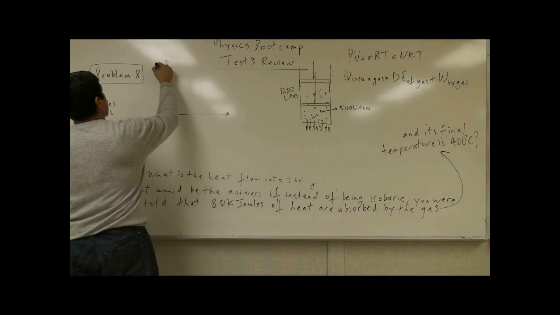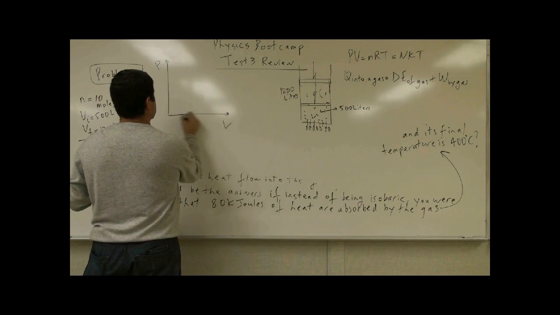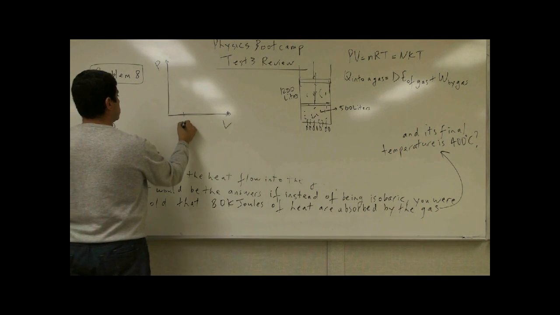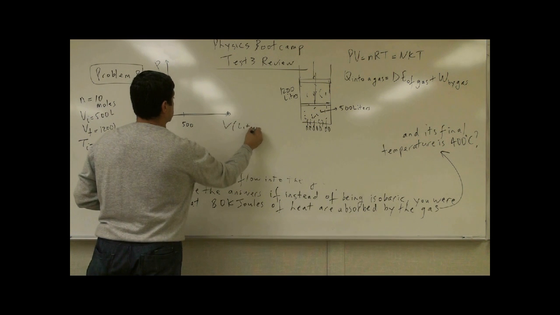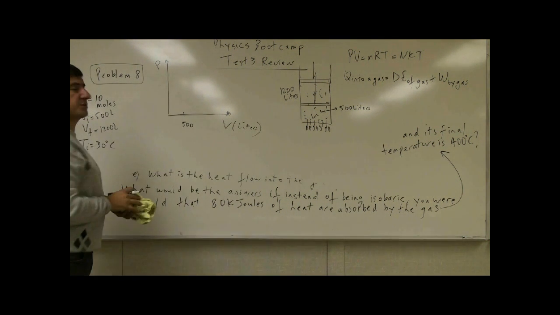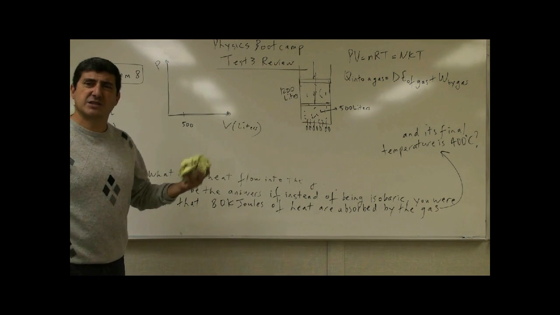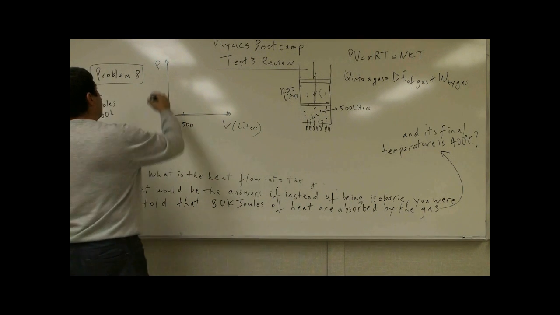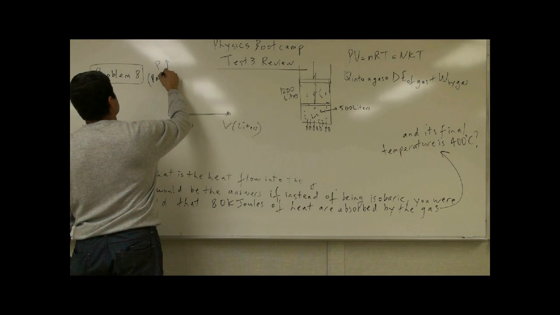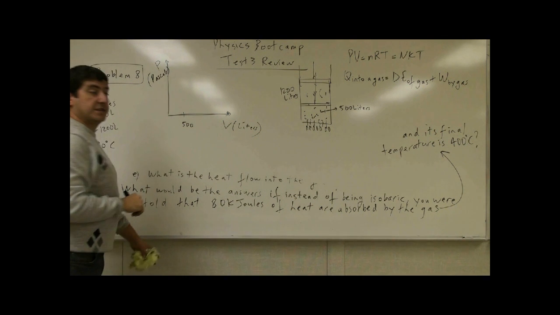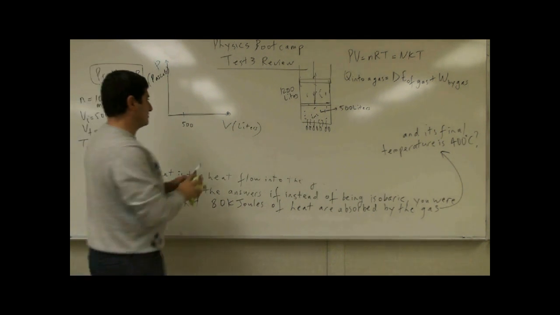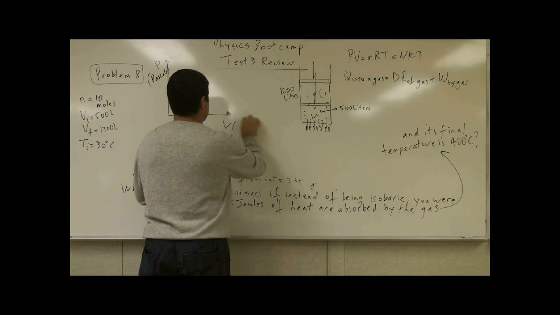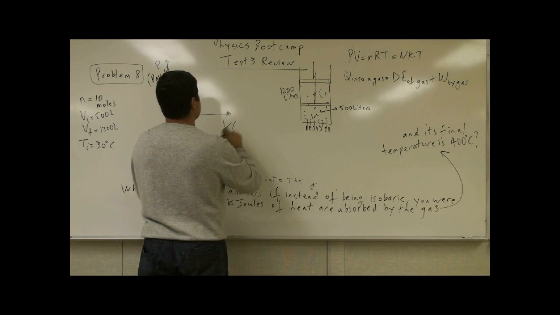So the PV diagram, again, the initial volume is 500. This is in liters. The pressure, we can either express it in atmospheres or pascals, but it's probably better to express it in pascals. And as a matter of fact, it is better to express the volume in meter cubed, right? Just so that we can be more in the